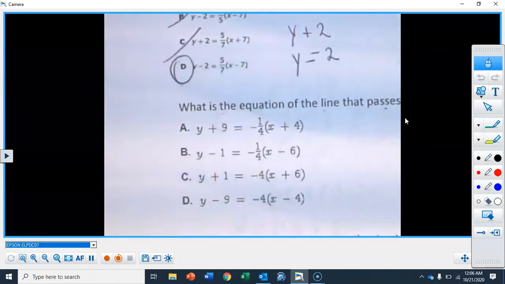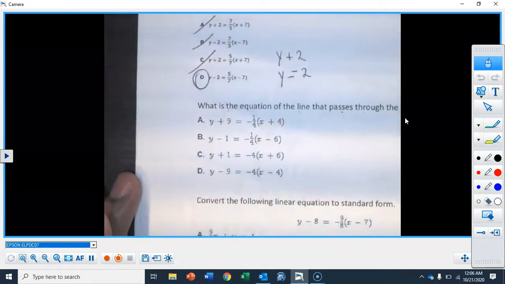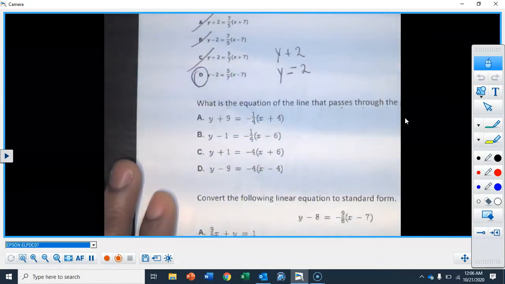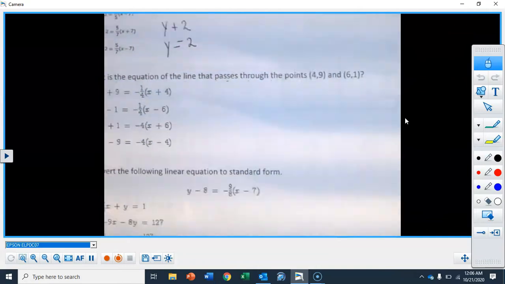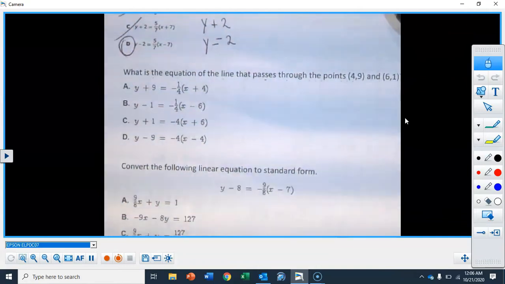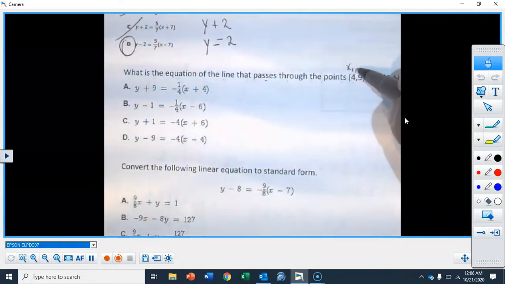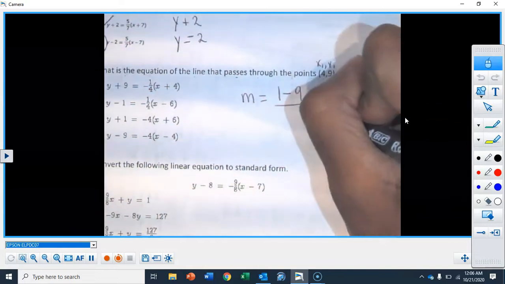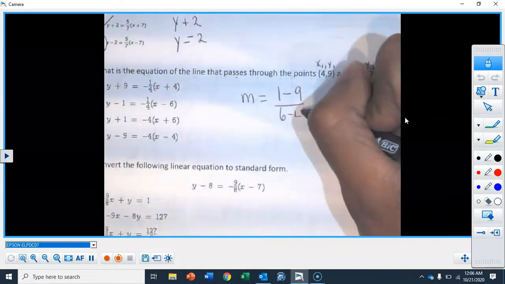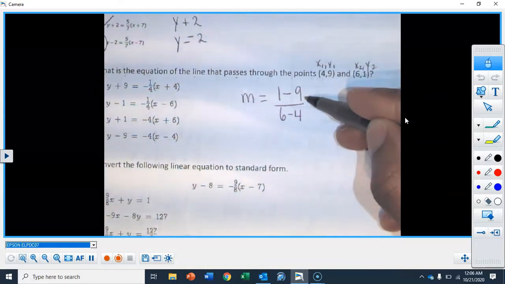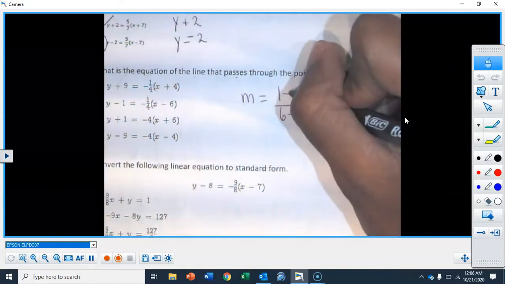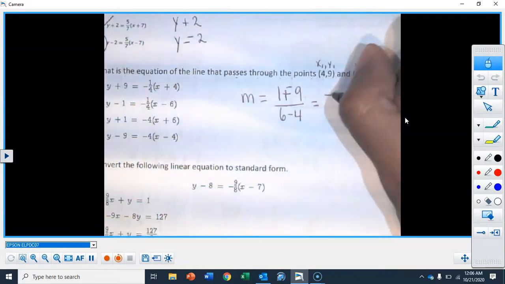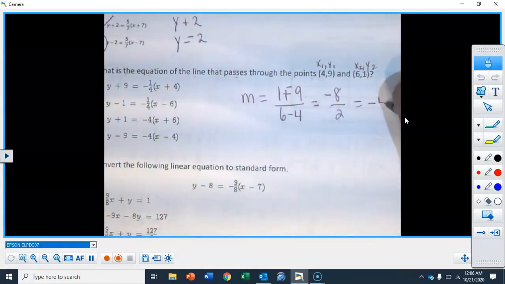Pretty easy on that one. All right, let's go to the next one. So back to this. Either they're going to give us a graph and we get 2 points, or what if they just gave us 2 points? Okay, so I'm going to label this. This is my x1, this is my y1, this is x2, and this is y2. So if I calculate my m, I have 1 minus 9 over 6 minus 4. And then this right here becomes negative 8. Change to a plus, bump back, subtract. Negative 8 over 2. So my m is negative 4.